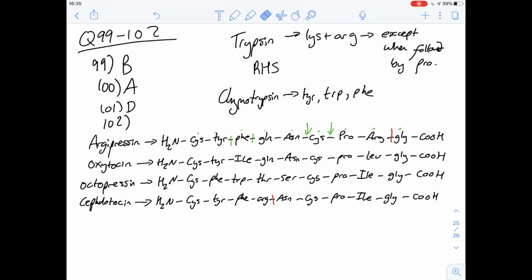So we need to either cleave it here or cleave it here, and if we're going to do it on the carboxyl side of cysteine, it'll be on the right hand side here. So we need an enzyme to cleave right here, and we get 3. The other option, of course, would be to do the carboxyl side of asparagine here, which is this one, but that's not one of the options. So out of the ones that we were given, it'll have to be on the right hand side of cysteine, or the carboxyl side of cysteine, and then that gives us an answer for 102 of B. So that was questions